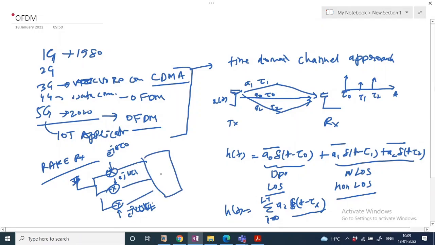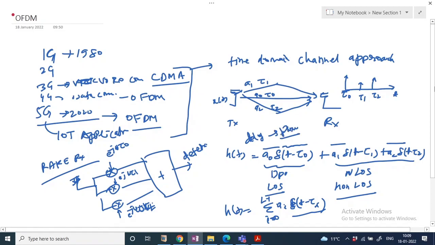Add the paths, then you do the detection. So that is the time domain view of the channel. You are just looking at each of the multiple paths in time, and each path arrives at a different time instant. So you optimize the phase. The delay results in a phase shift, so multiple phase shifts have to be combined.